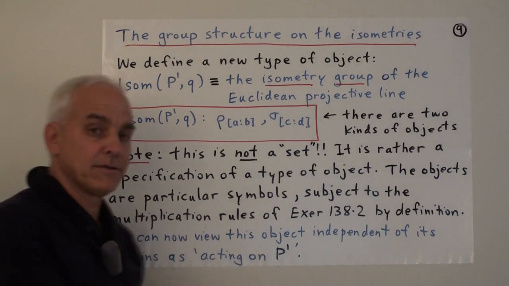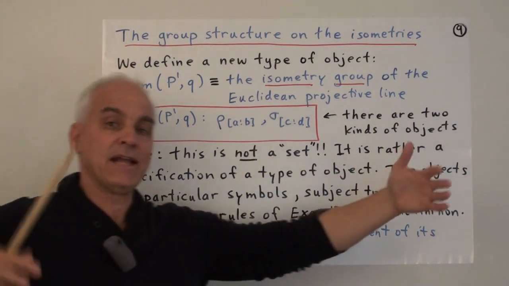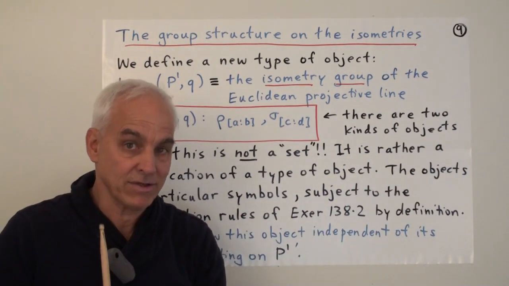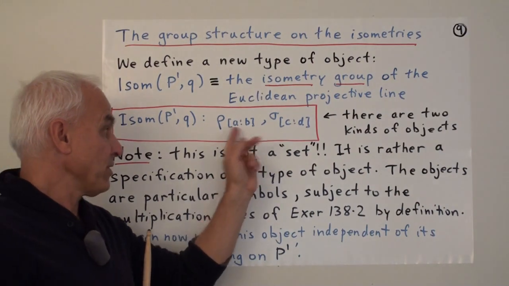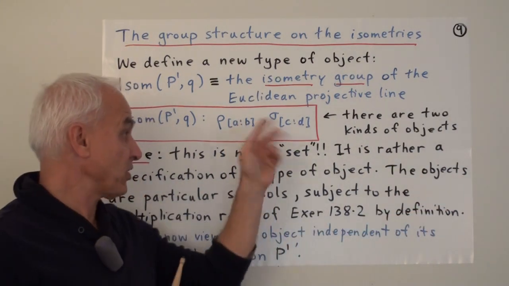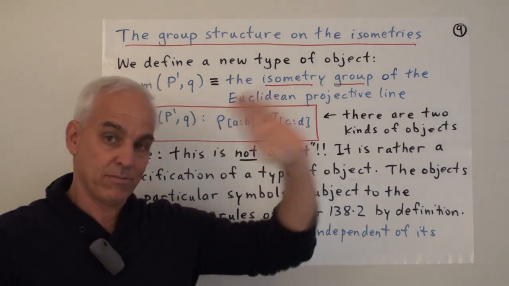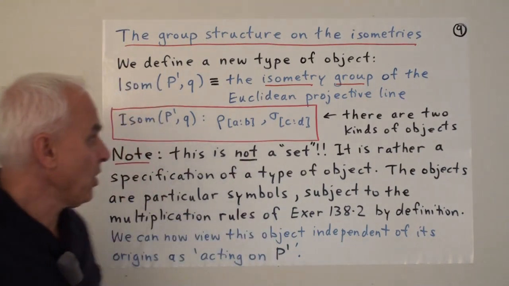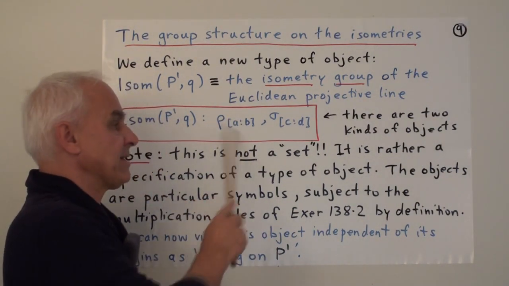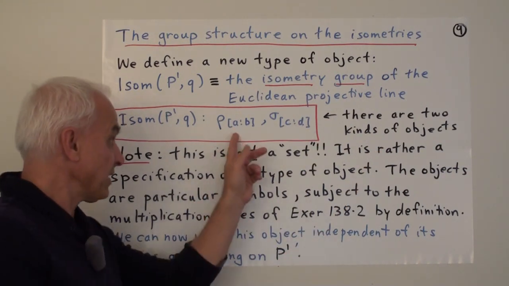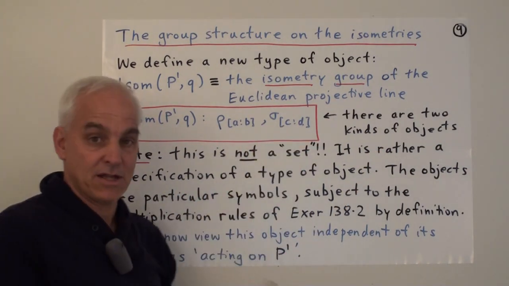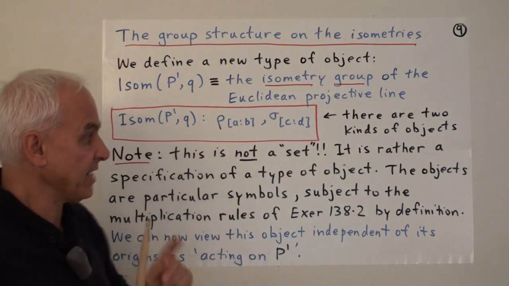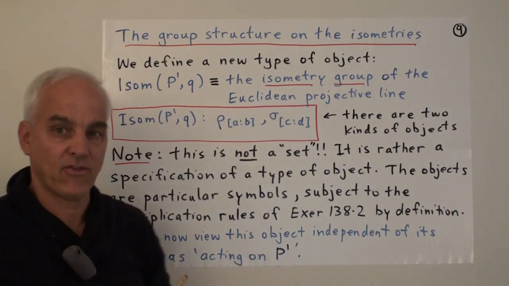And note that this is not a set. We're not supposing that we have collected all the rotations and all the reflections together in a set, because we haven't. These numbers here can be very, very big. They can be fractions with huge numerators and denominators, perhaps far bigger than we're able to actually put onto our computers. We're only really saying that we have a way of identifying that, yes, this object that we see in front of us is an object of this kind, or it's an object of this kind. That's all we're really talking about. A way of identifying individual objects and saying, yep, we're talking about something in this object.